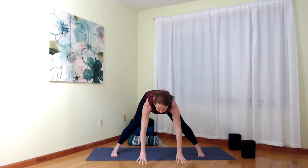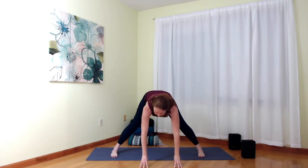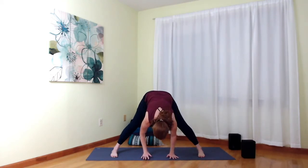You can place your hands right underneath your shoulders at first. If you'd like your blocks, grab your blocks and place your hands on the blocks instead. And add as much of a bend to your knees as you need. Then inhale, keep length in your spine. Exhale, continue to fold. You may stay where you are or walk your hands or blocks closer to the space